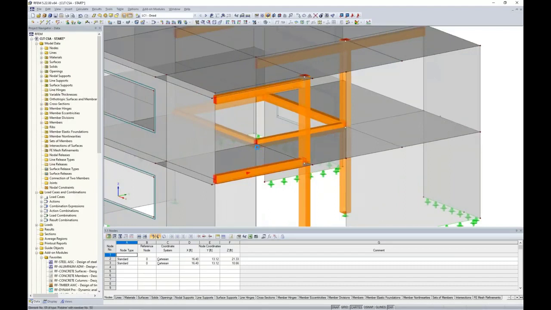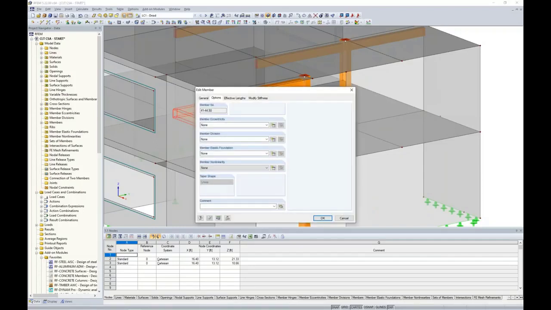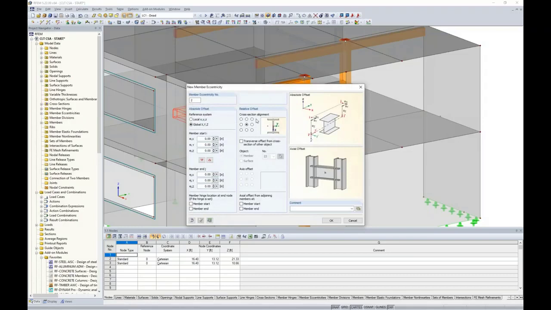Now we want to do the same thing at the first roof or the first level here. So I'm going to hold down my control key to highlight all my beam members at this first level. I can double click to activate this edit member dialog box. We can create a new member eccentricity,